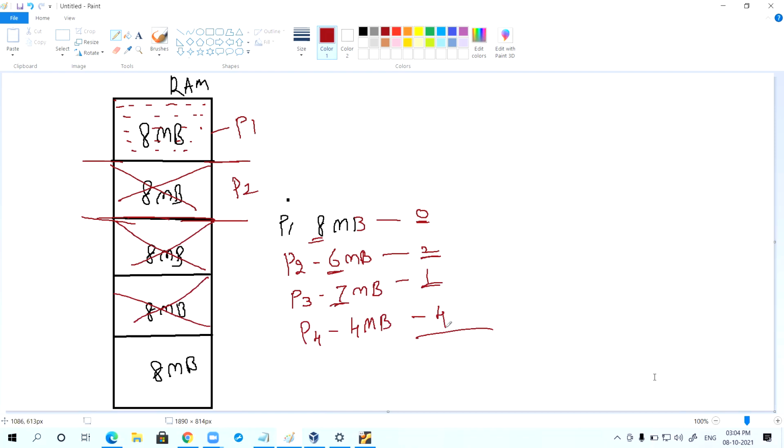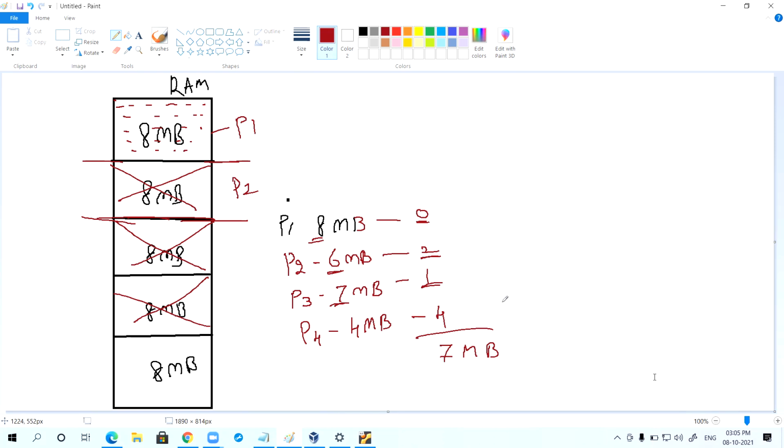Can I say 4 is wasted? 4 plus 2, 6 plus 1, 7 MB is wasted here. In this fixed equal size partitioning, this much internal memory gets wasted. Will you agree with this? Please try to respond.